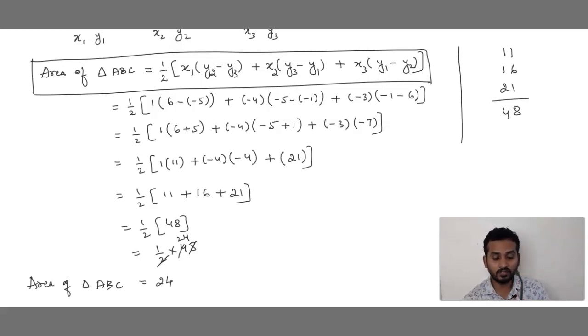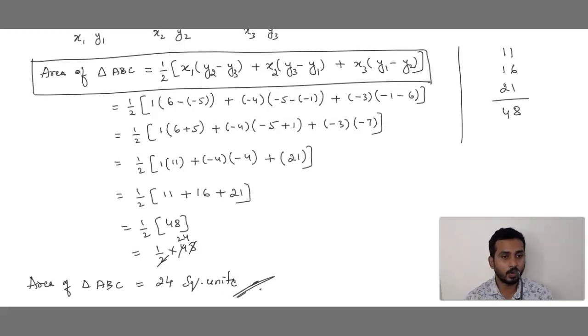You should remember. If it was just distance, we used to write units, because it is not given any centimeter or meter. But in this case, we have to write. This is very important. You should not miss the SI units. 24 sq. units, that is square units. 24 square units. You should not miss this unit. Okay. So final answer is area of triangle ABC is equal to 24 square units.